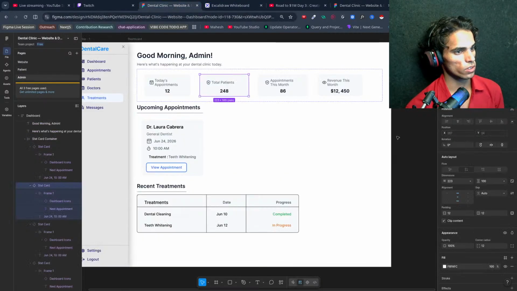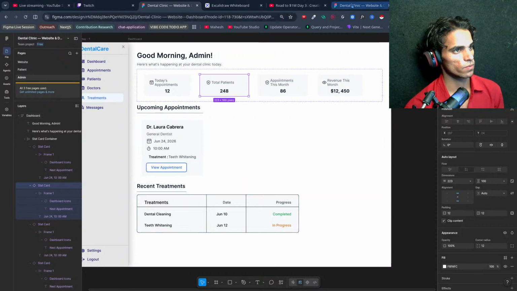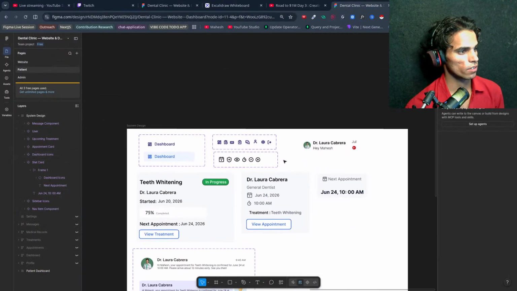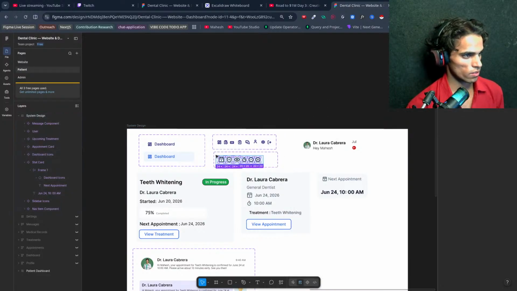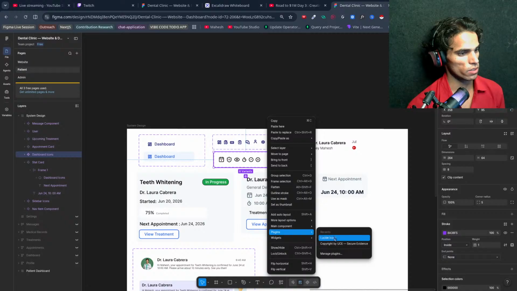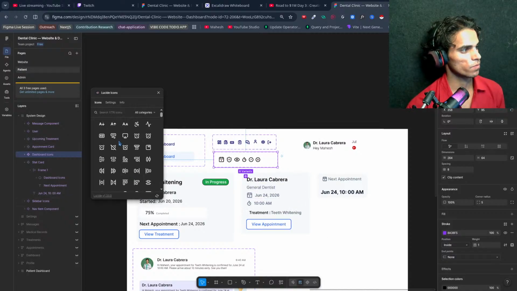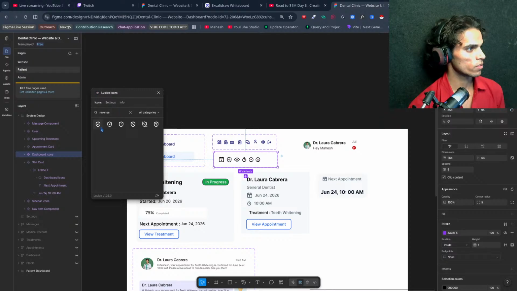So let's get into this, add some icons. Plugin, issued icons, revenue.